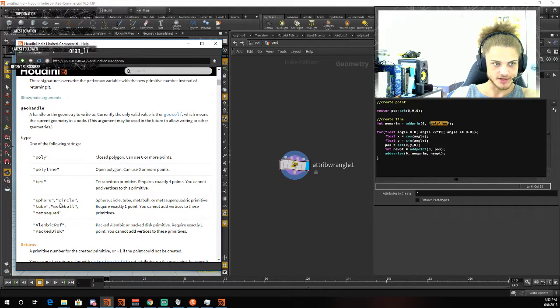Okay, so after we created each point here, let's add it to this newly created primitive. So polyline, open polygon, this is what it does. I can make all sorts of stuff. I mean, I wonder what would happen. With the help of addVertex. Let's drop down the parentheses and highlight our function call and hit F1. And we can see this takes 3 arguments, our geo handle, which should be 0, our primitive number, which is stored in the